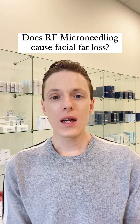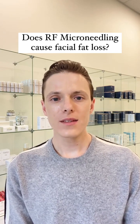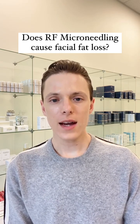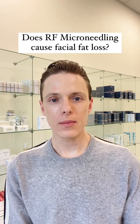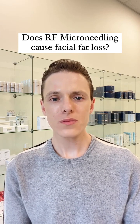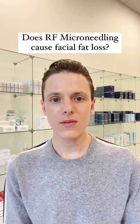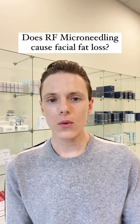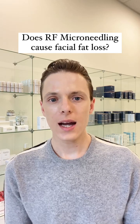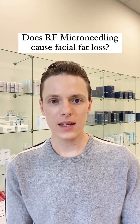Okay, so the negative reviews or stories you might read online from people that have experienced facial fat loss, the reason is whatever provider they were going to was going too deep on their face. The subcutaneous layer depends on the area of the face. It depends on the person, of course, everyone's a little bit different, but it generally ranges from 1.6 millimeters to about 2 millimeters deep. So this is why I generally do not go more than 1.5 on the face, unless